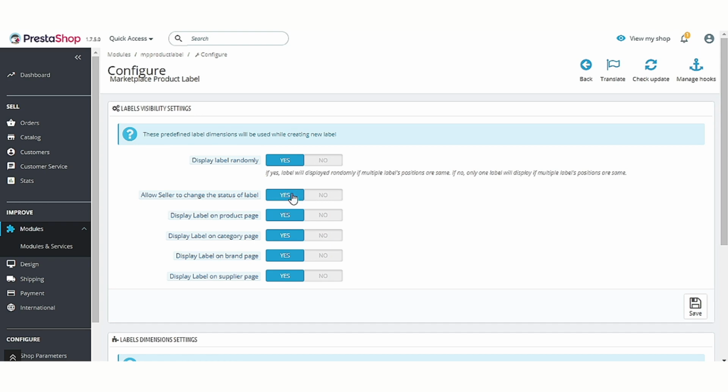From here, admin can allow or disallow the sellers to change the status of labels. From these fields, admin can enable or disable the label on product, category, brand, and supplier pages.